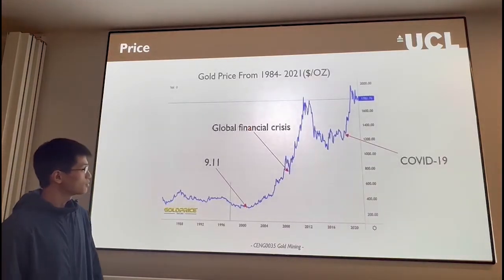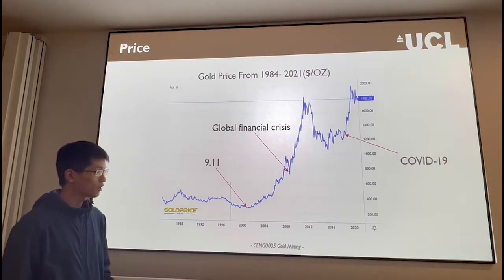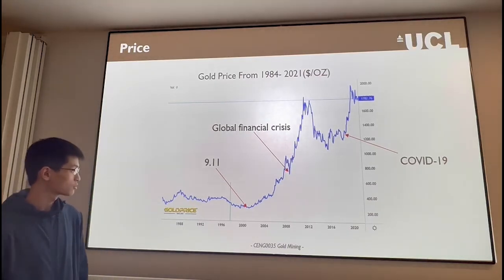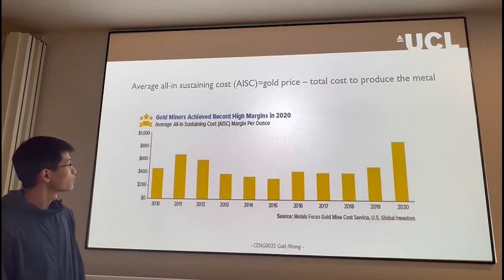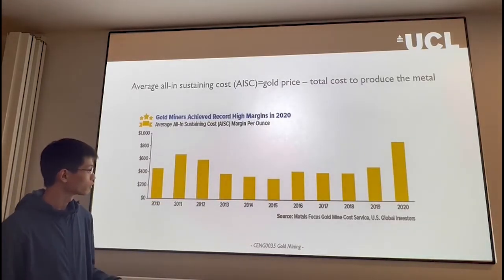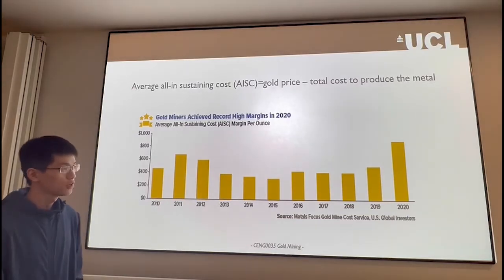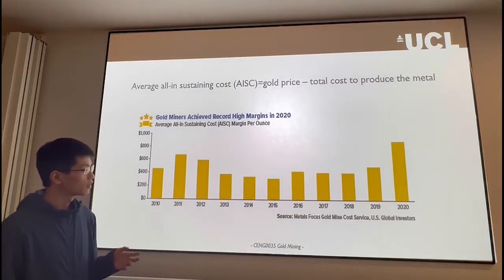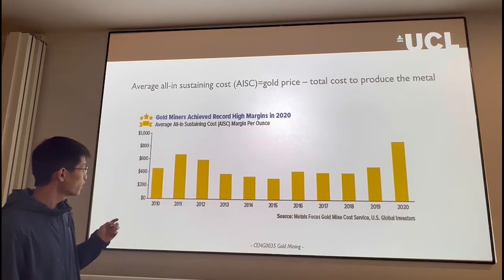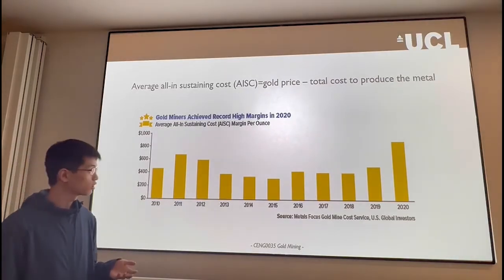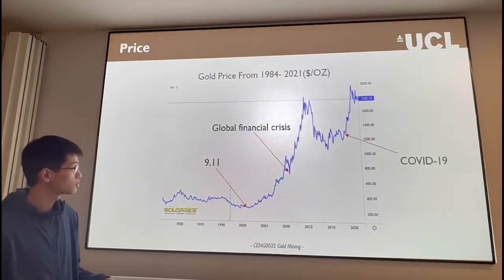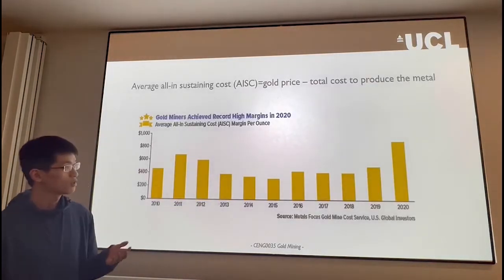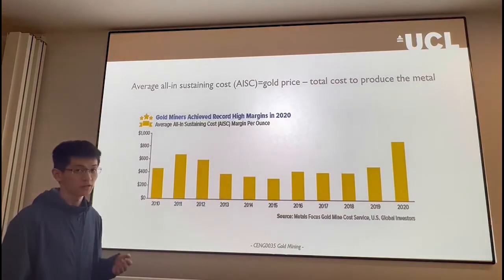And you can see the gold price is soaring after some widely affecting international events, especially since 2000. And the profit margin of gold is quite large. Last year you could earn $800 per ounce, and if you compare it with the price, you will find that the profit margin of gold is nearly 100%. It's very large.